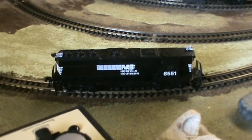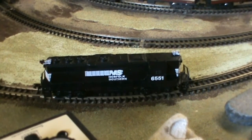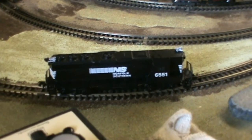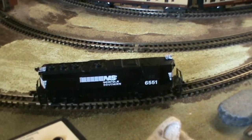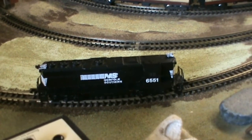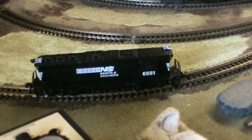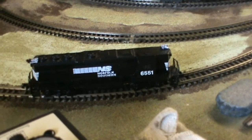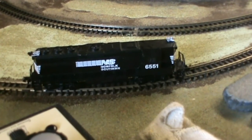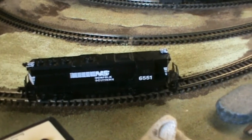You might have been wondering, the more observant of you, what an American engaged model locomotive was doing lurking in the back of a Graham Farish engaged review. Well, the reason why it was here, and this is the first review I've done of the year, it's because it's my track testing locomotive. It's a Bachmann GP50,